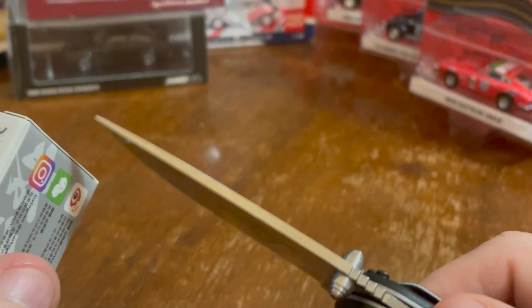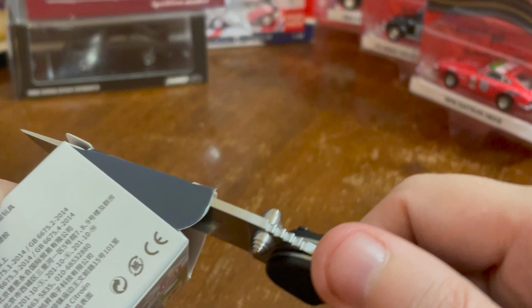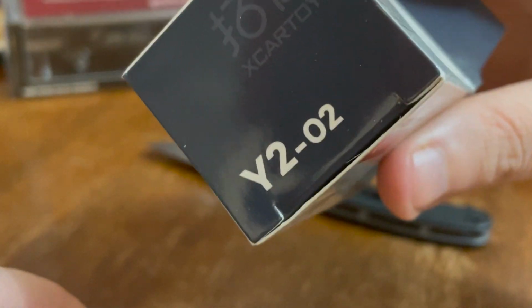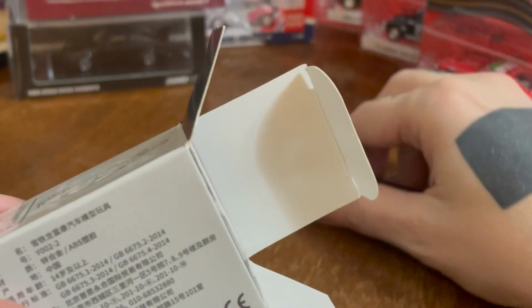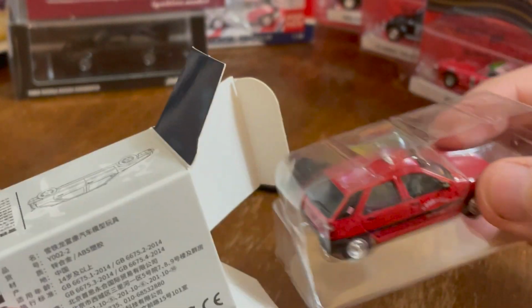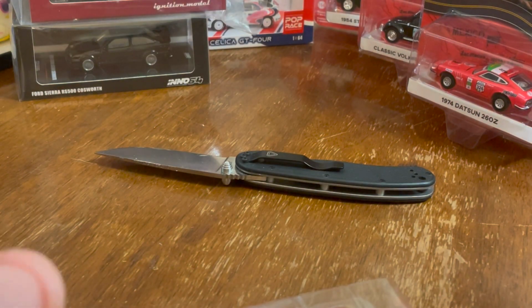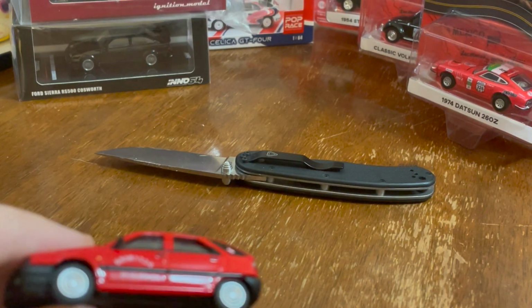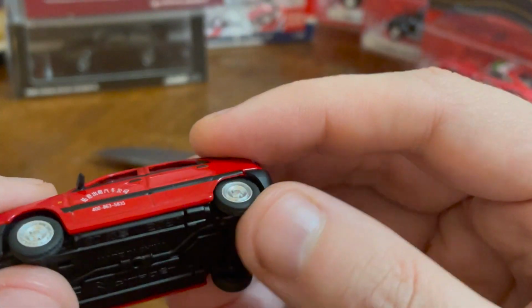Okay. Let's see what we've got. Oh wow, the packaging has taken a step up too here. I wonder what the numbers were. Difficult to discern, I guess. Y202, year 2. Oh no, this is something different entirely. This is...